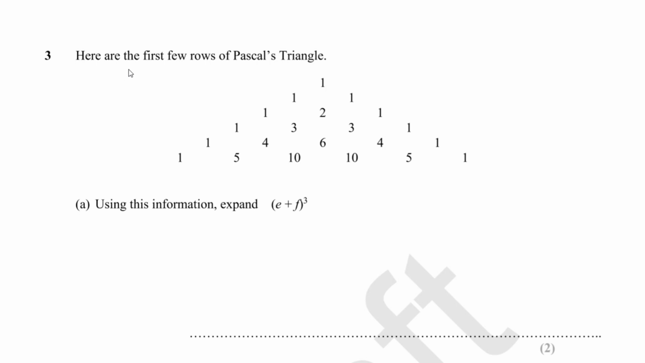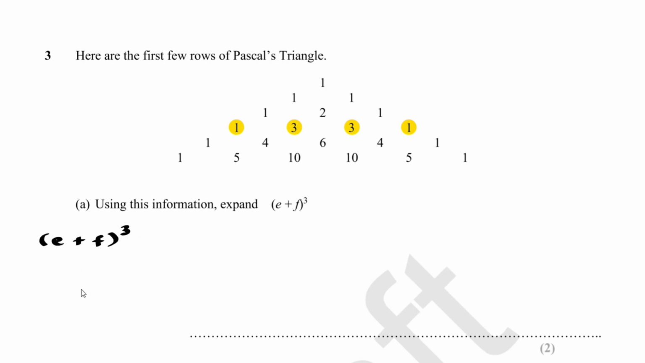Question 3. Here are the first few rows of Pascal's triangle. Part A. Using this information, expand e plus f to the power of 3. Because we are raising e plus f to the power of 3, we can find the coefficients by using the third row of Pascal's triangle. That is to say, we will be using the 1, the 3, and the 1. Therefore,